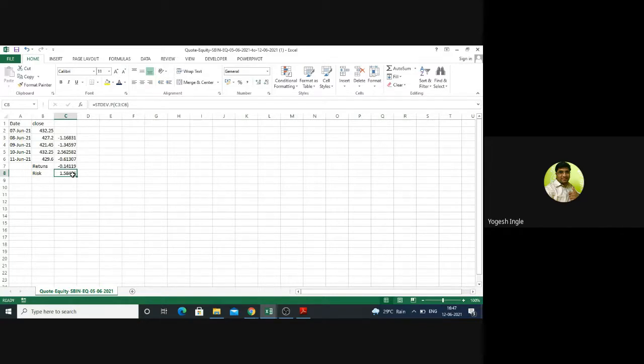Now it is up to you. As per your wish, you can select data of 1 year, 2 years. You can select data of multiple stocks. You can compare between stocks or among stocks. Even through these statistical tools, you can compare your stock's performance with Nifty or Sensex or any other indices as per your wish.